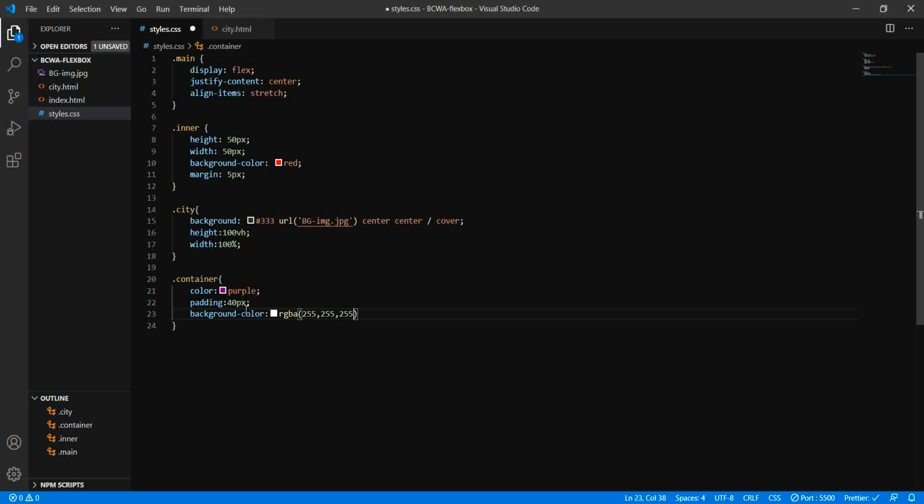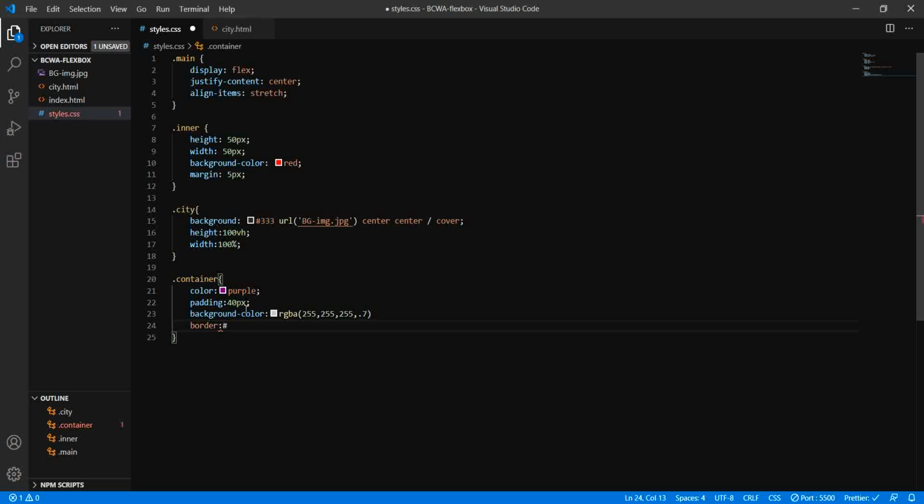Don't ask me what anything else is. You have to look that up because it's just like random crazy numbers. But whatever the red, green, blue value is. Then at the end, the A, we're going to set the opacity, which is 0.7. All right. And let's give it a border of